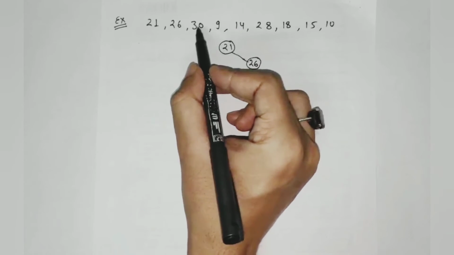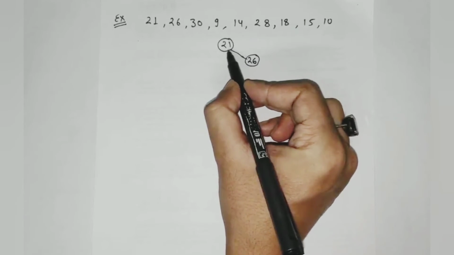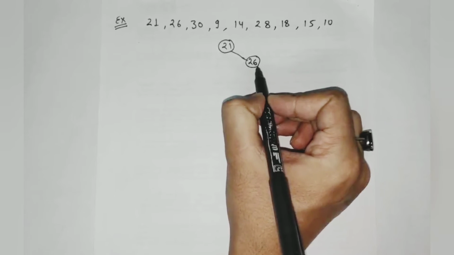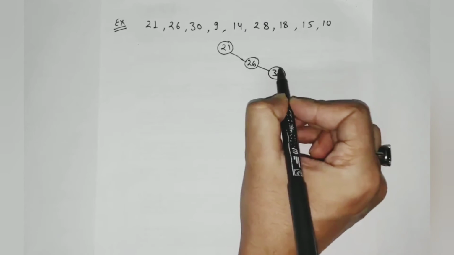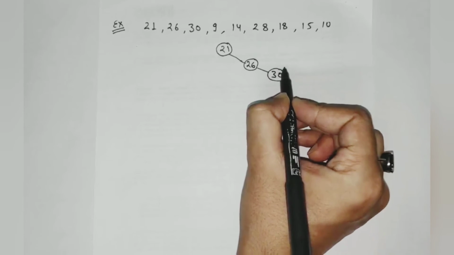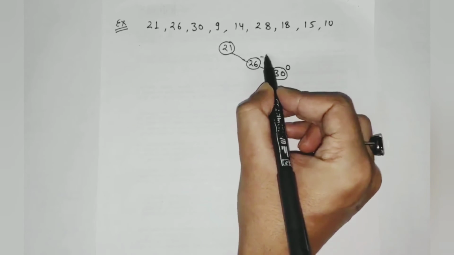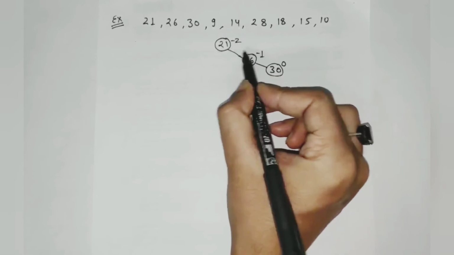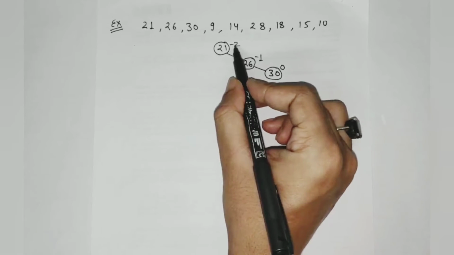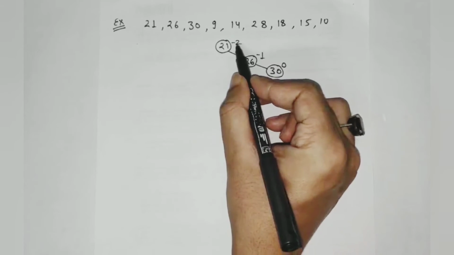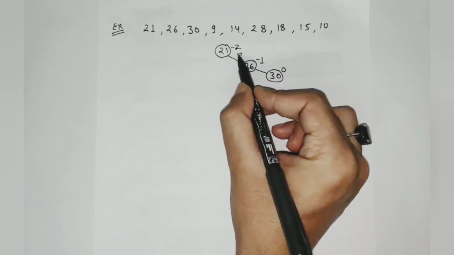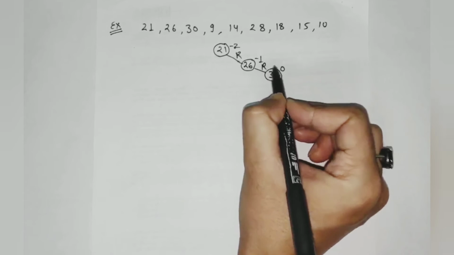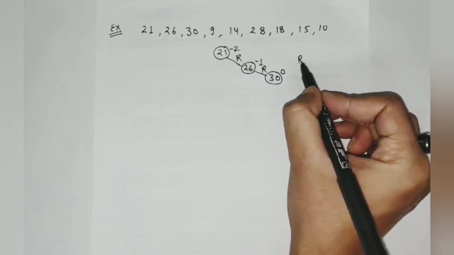After that we need to insert 30. So 30 is greater than 21 and greater than 26. So 30 will be here. Now again we will check. The balance factor is 0 for this node, -1 and -2. Now there is a problem. So we will start from here because the problem is starting from here only. So it is right to right. So it is RR problem.